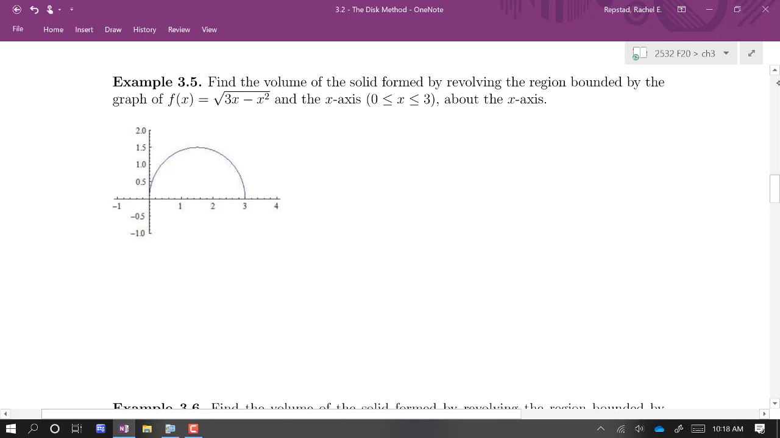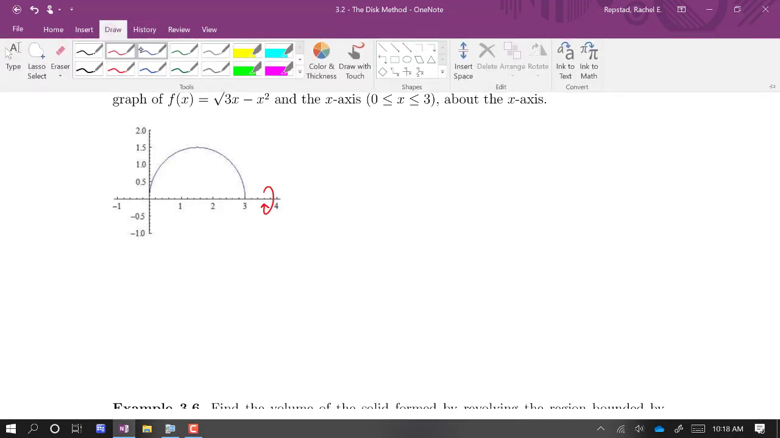So let's do an example. We're going to find the volume of the solid formed by revolving the region bounded by the graph of f of x equals the square root of 3x minus x squared, and the x-axis, and then they tell us between 0 and 3, so they give us some bounds here, about the x-axis. So I'm going to do a couple of things. They provided the sketch for us, which is nice of them, and if they hadn't, we could sketch it ourselves, maybe use the calculator to help us. So it says it's being revolved about the x-axis, so I'm just going to indicate that on my sketch, and then I'm going to